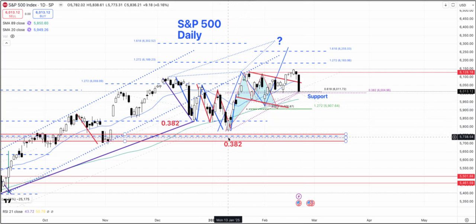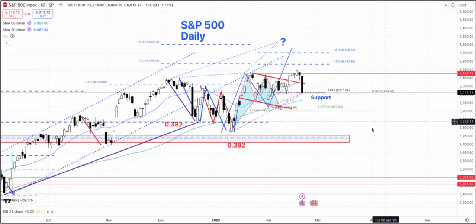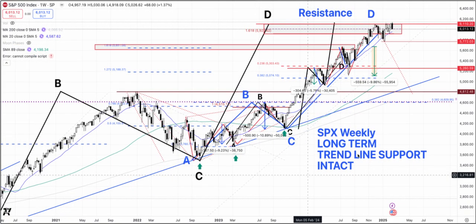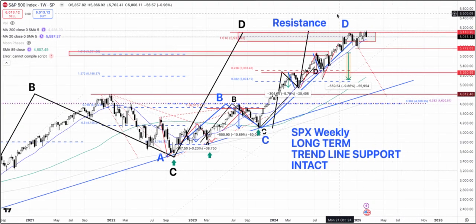What we have seen is a low, then a higher low, and then we have also seen a higher high. As long as this point of 3rd of February is intact, I think we are in this ABCD structure, so we could see even 6,300 possible on the cash chart. Now let's take a look at this on the weekly chart. One of the reasons that we are actually stuck in a trading range over a few months now is because of the completion of these big ABCDs right here. So not a surprise, such big ABCDs being completed right here. So we are seeing the market being stuck in a trading range.